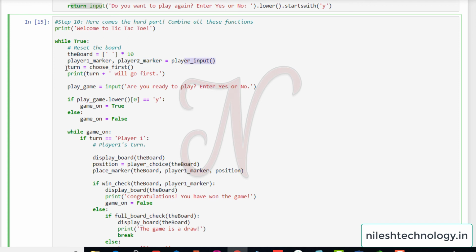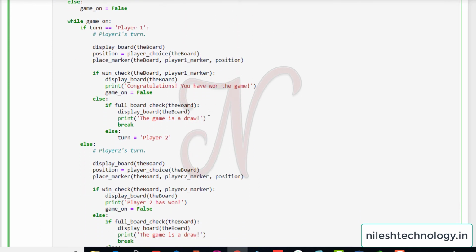Then turn equals choose first, which randomly selects the turn, player 1 or player 2. This is your message. Then play game: are you ready to play? Enter yes or no. If it is yes, then game on equals true, otherwise game on is false. This is your while loop again, while game on.